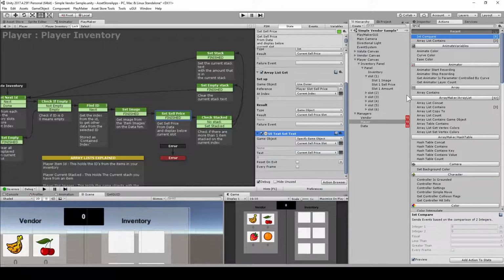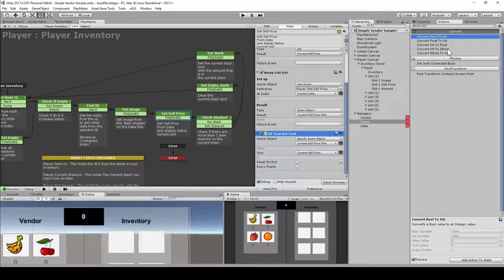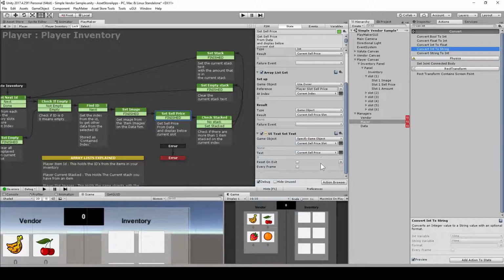Let me search quickly here, convert into string. So we set your int and a string variable, and then you will just get this string variable, and then you use the string variable in this text, and that will work also. So this is just faster. Okay,